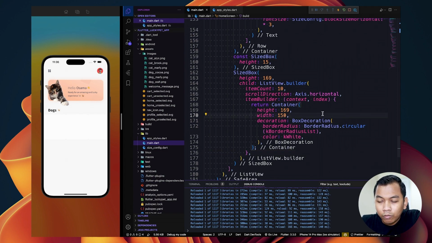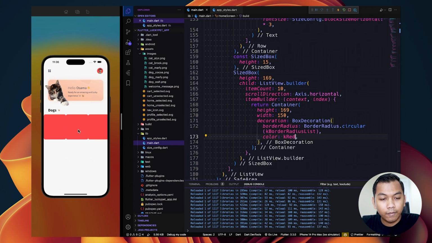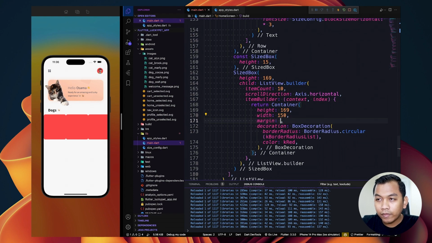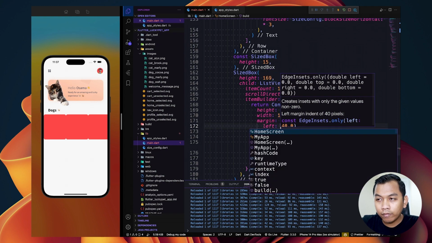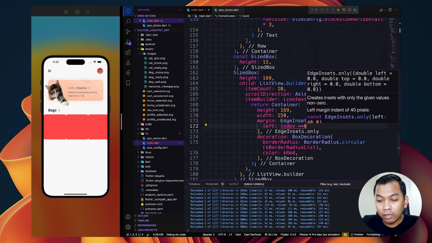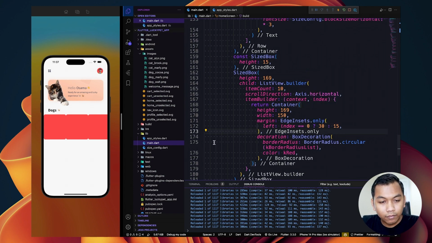And the next, let's check it using another color first, maybe red color, so we will see. And the next we can add margin here, only for the left. When the index equals 0 we will give a margin of 30, and when it's not the first element it will be 15.